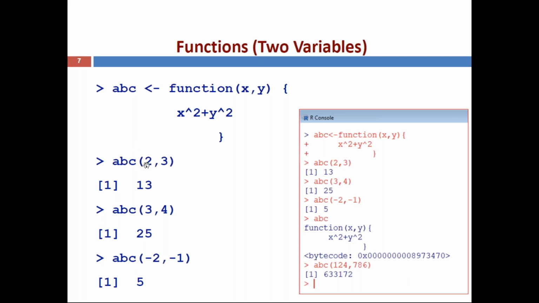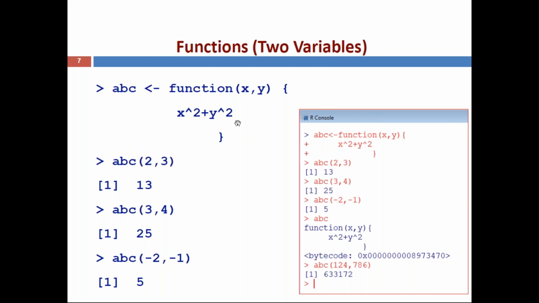So you can call the function ABC within brackets. Now you can provide two arguments as input. Why? Because the function contains two arguments, two variables, x comma y. So compulsorily we have to pass two arguments. The first argument value is the x value, followed by the second argument, which is the y value. Suppose here we call ABC of 2 comma 3. That means x equal to 2, y equal to 3.